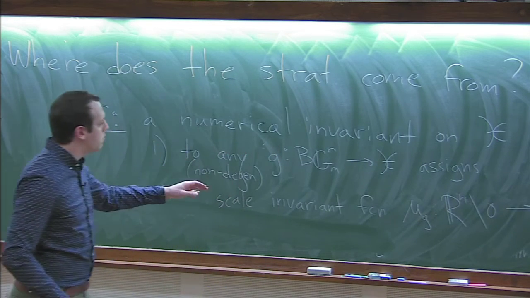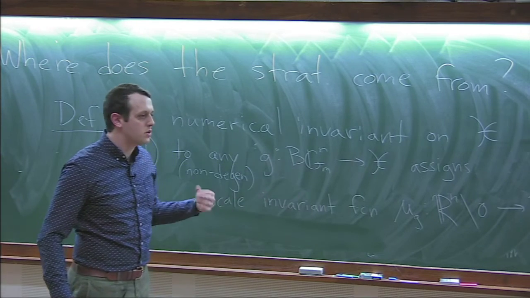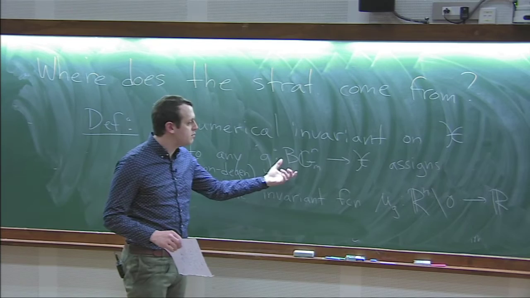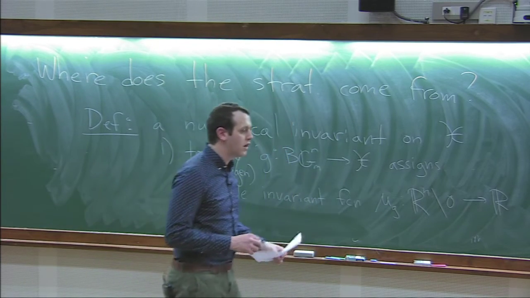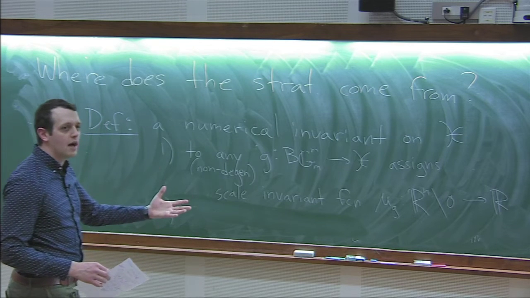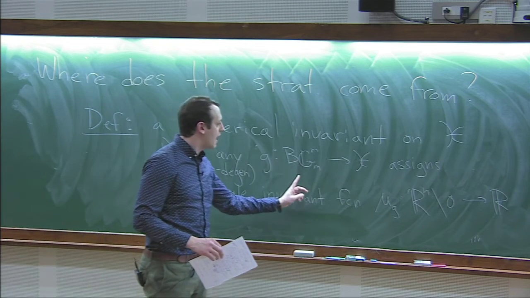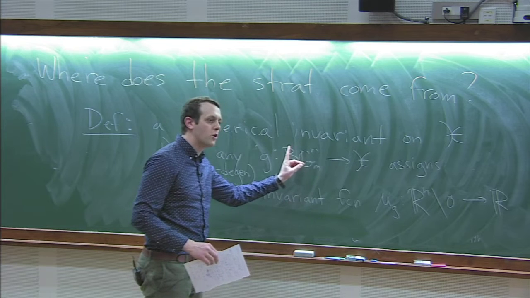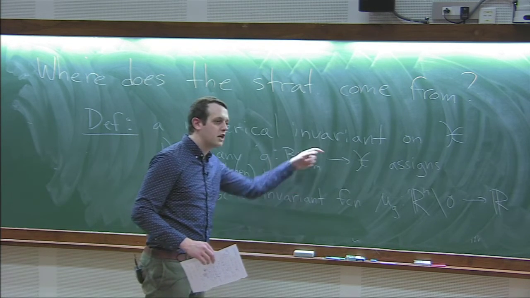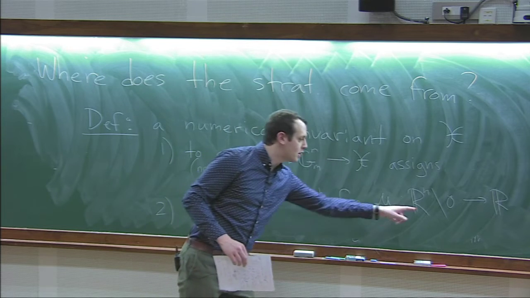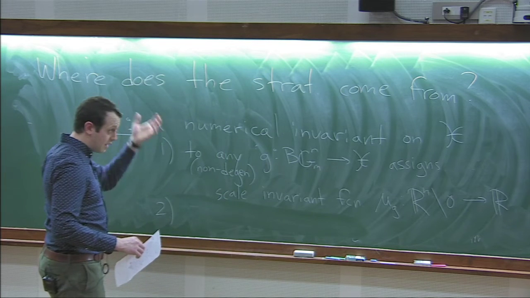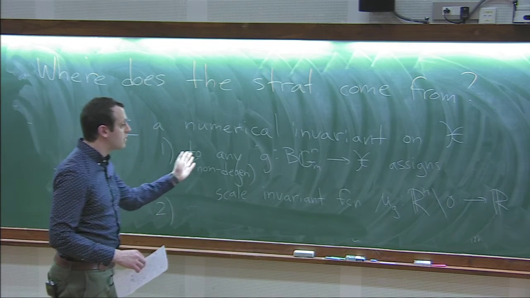For any Z^n graded object, a numerical invariant is some rule which, anytime you have a Z^n graded object, spits out a scale invariant function on R^n. And then this should be compatible with restrictions in the obvious sense: if I have an injective map of tori from a lower rank torus into here, I can restrict, I can compose, and that should be the same as the restriction of this function to that lower dimensional subspace. So it should be compatible in all the obvious ways,